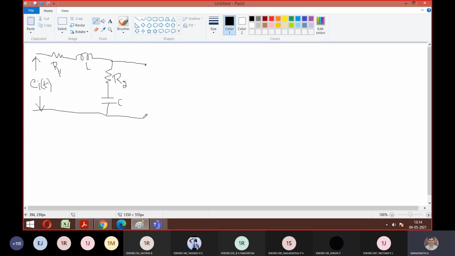So the output is here. I told you, whichever form the network is, try to reduce it to this form only. It will be easier for you. Okay? So let's solve this now. Everyone, if you solve this, then 6 to 8 marks is assured for you. So I want a transfer function for this given system.